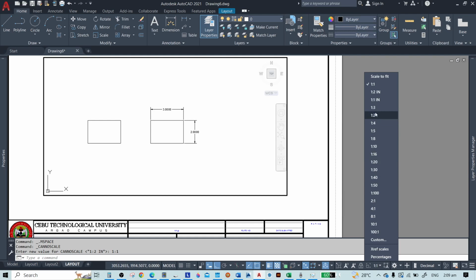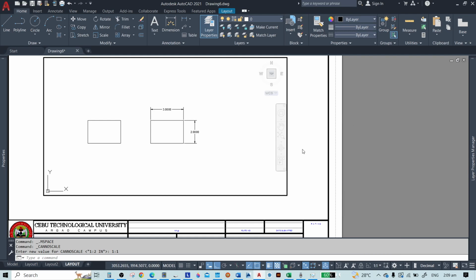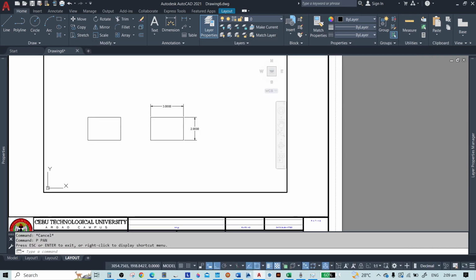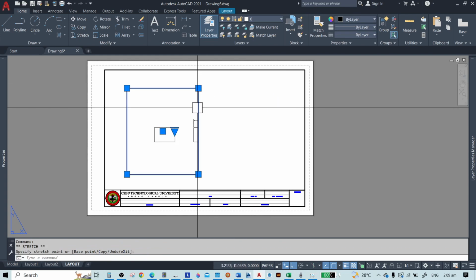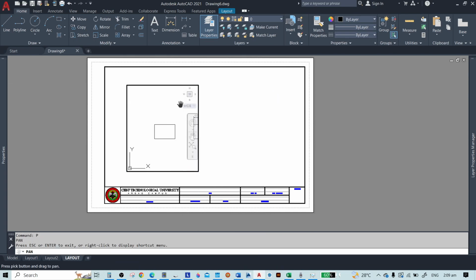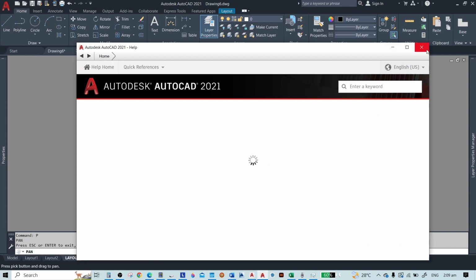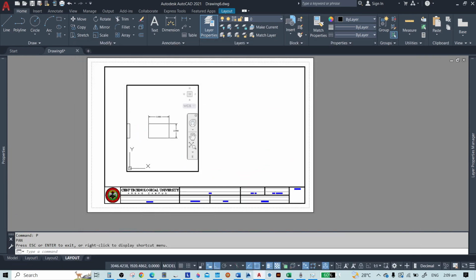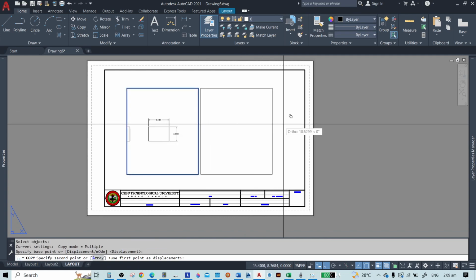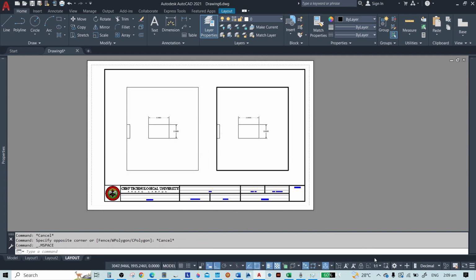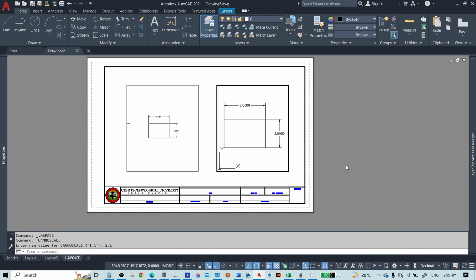Now as you can see here, if we change the scale, say 1:1, and then we want this drawing to become 1:2. Now let's say for example we have 2 viewports. This one here is in 1:1 and the other one is, let me just copy this, this is 2:1.